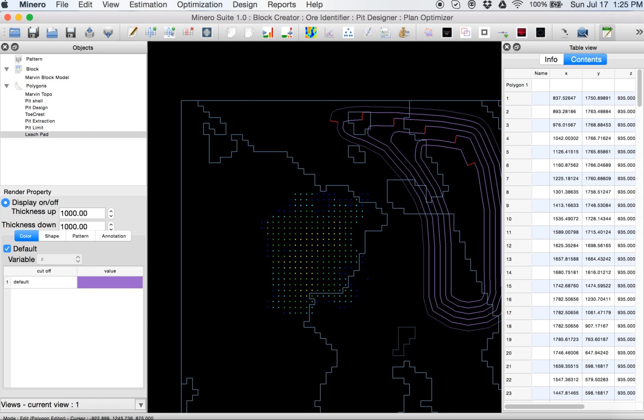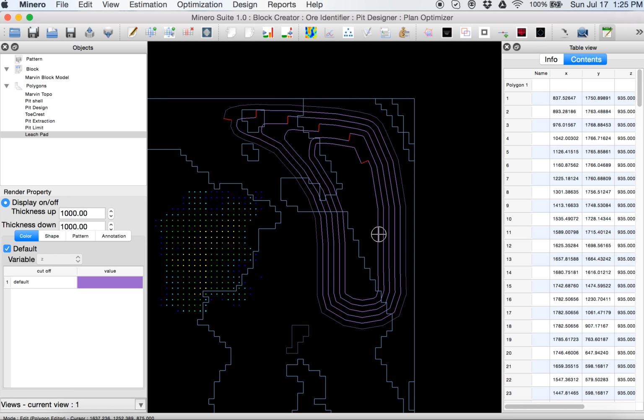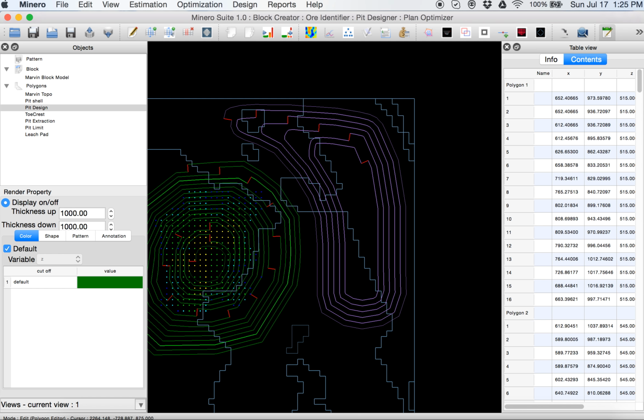Let's see this leach pad. In purple, we have the leach pad and we have a topo. Let's say this is our pit. So around this area we have our leach pad. Similarly, using design tools, we can create this leach pad.